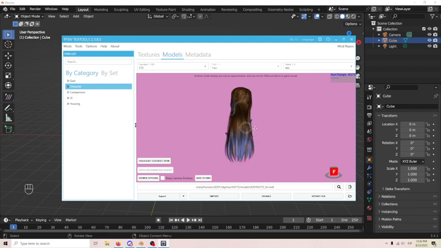Never run TexTools at the same time as you are running Penumbra. I would recommend that when you're finished with TexTools, you completely start over. You go to Help and Start Over and basically erase everything that you did, because you don't want mods running in TexTools and in Penumbra at the same time. All right,